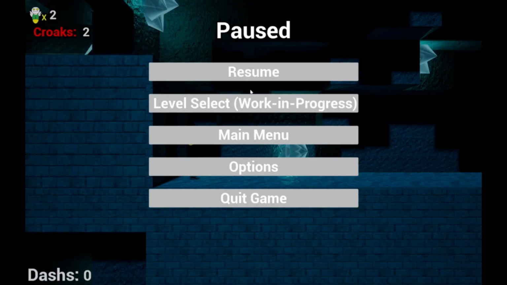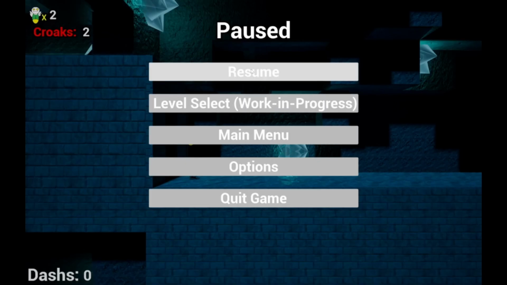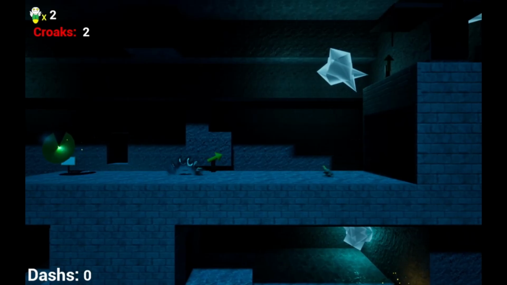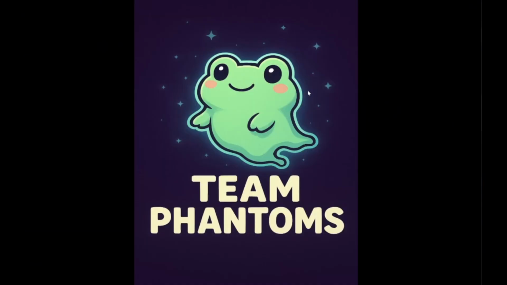Alright, so for the task I'm showcasing now, it's our implement level select and save game systems. Pretty much every single time we enter a room, as you can see here, I've entered a room back and forth, you're grabbing a couple key points of data, such as what room they're in, how many deaths they have, how many fireflies collected, which fireflies they have collected, which doors are open. Essentially, every time you enter a room, it grabs that and saves the data. So say I go right onto the main menu here,